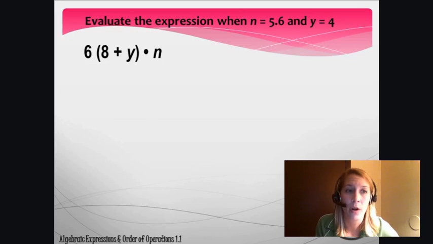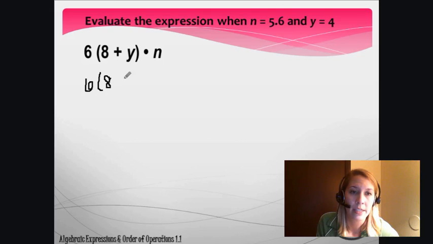Now in this problem, we're also going to use the order of operations along with evaluating not only 1, but 2 variables. In this expression, we are asked to evaluate y for the value of 4 and the variable n for 5.6. So let's rewrite this expression, evaluating for our variables. We have 6, and inside our parentheses, we have 8 plus y, where we're replacing y with 4, times n, which is